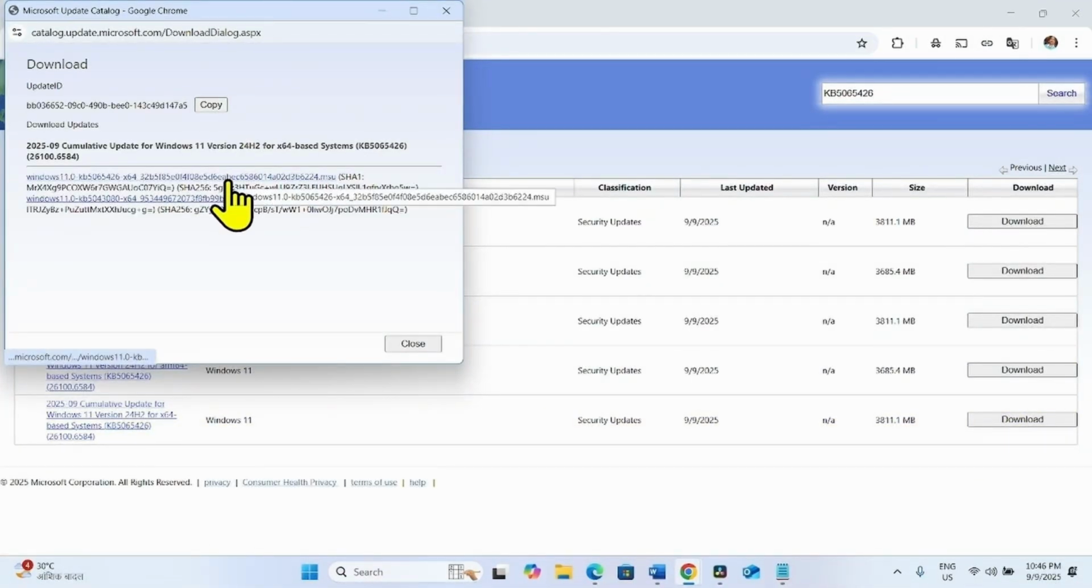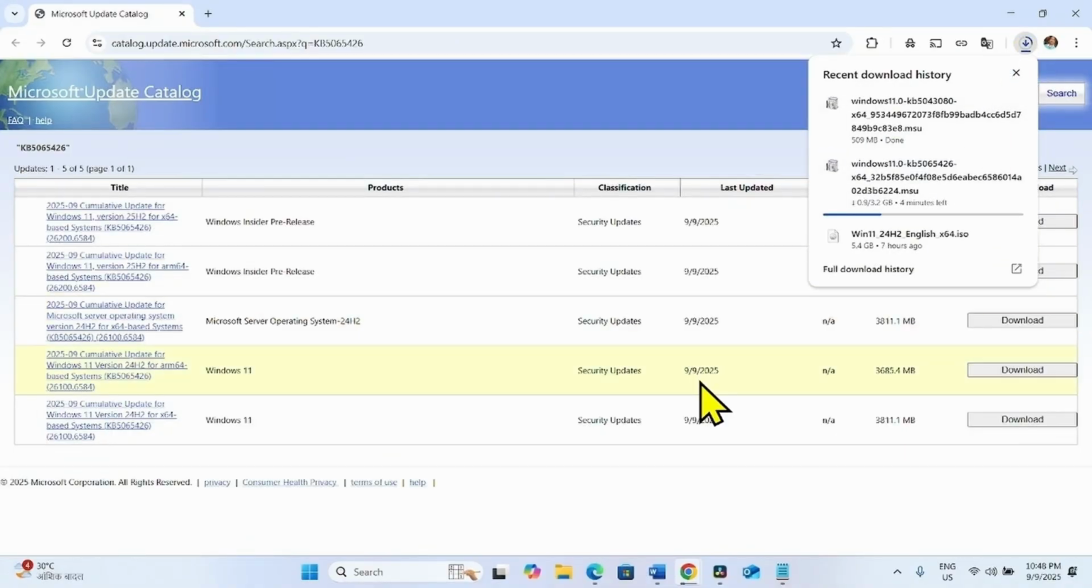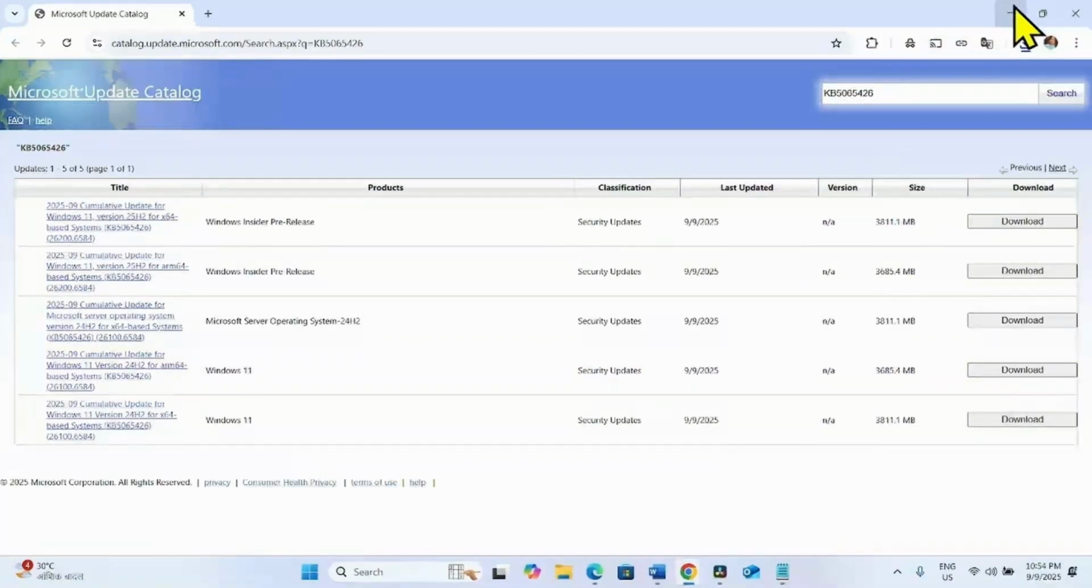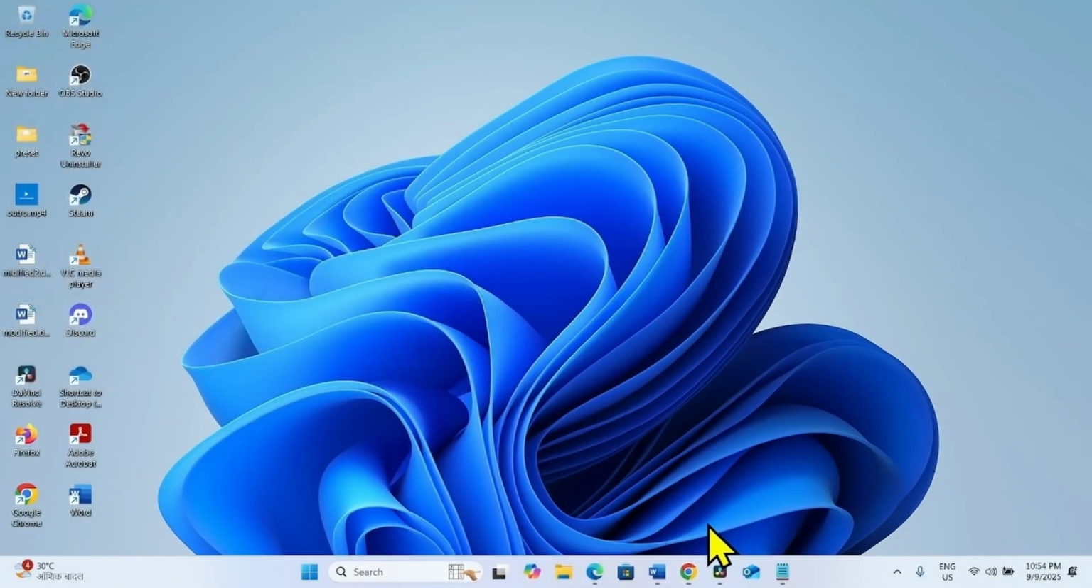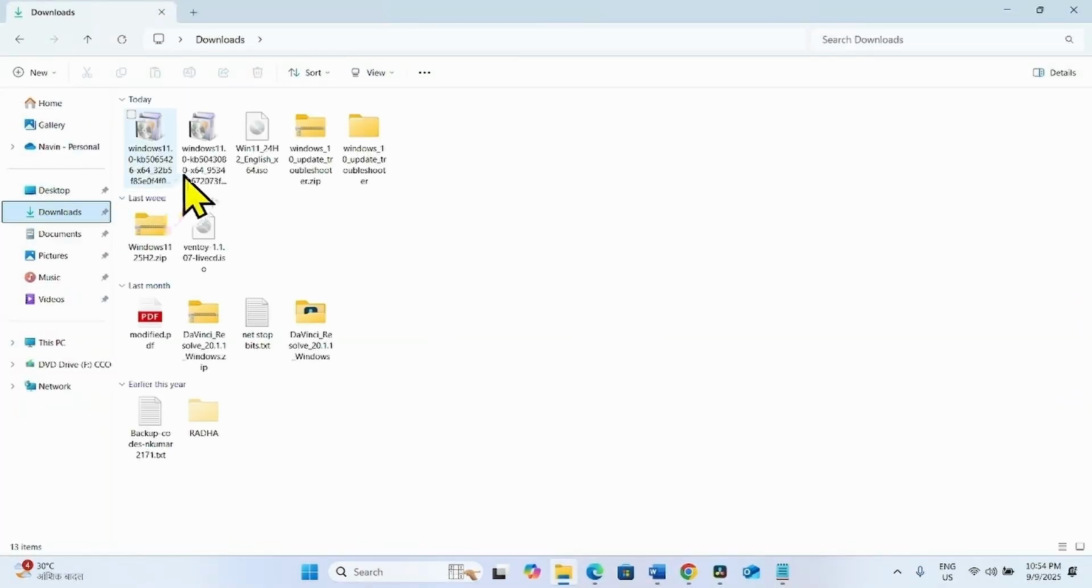Click on both the links. Let the download complete. Once downloaded, go to the File Explorer, Downloads folder, right click on the file having KB5055426, select Open,